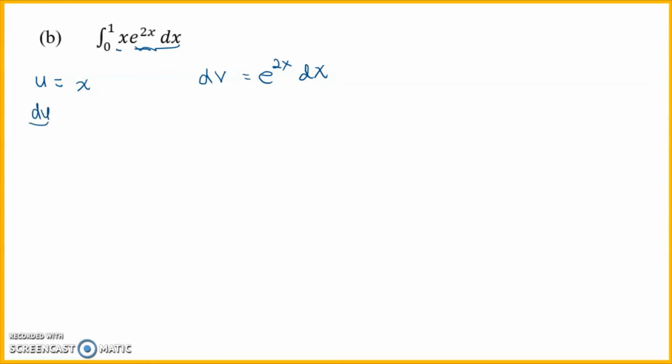So differentiating u with respect to x, we get 1. So du is equal to dx. Then integrate dv, which gives us v equal to e to the 2x over 2. Drop the c. Then use the formula